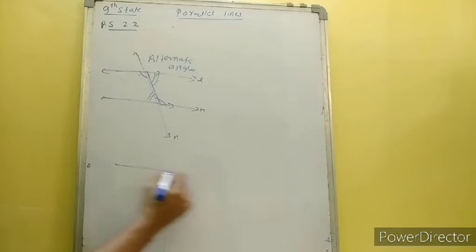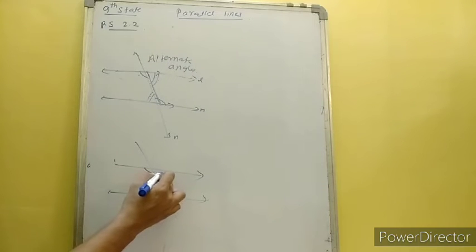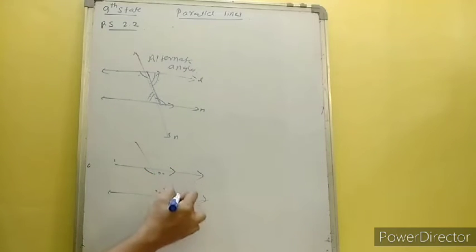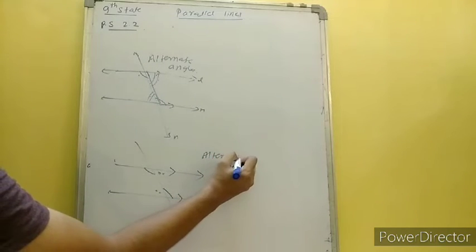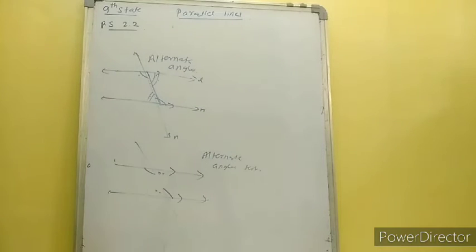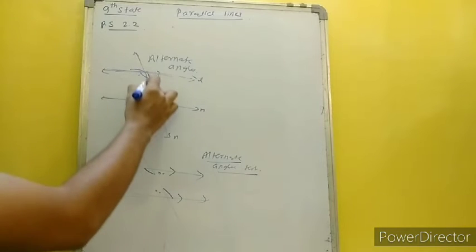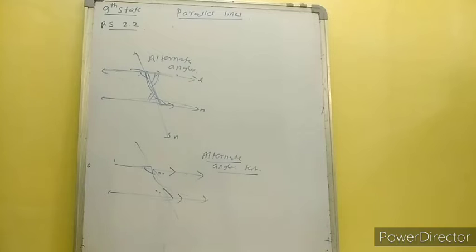And when we have two lines and angles forming Z are equal, then we can say that the lines are parallel. It is called alternate angles test. It is also called converse of alternate angles. Alternate angle test is also termed as converse of alternate angles. So in this the lines were parallel, angles forming Z were equal. In this angles forming Z are equal, then lines are parallel.